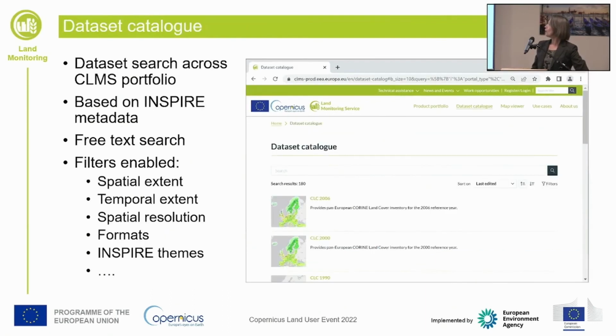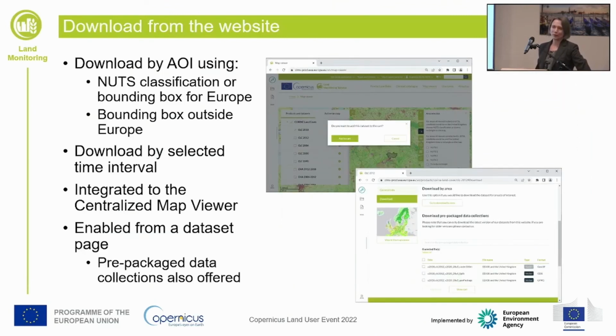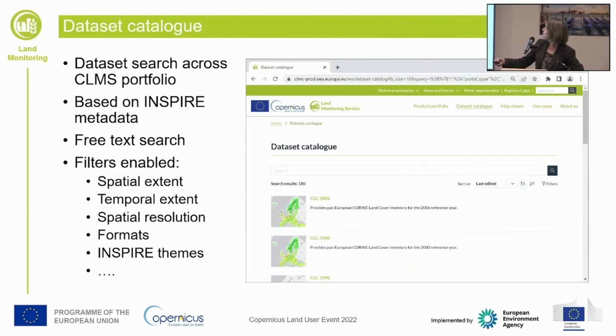Now, for users who are more confident, more used to using classical search functions, we will offer a dataset catalog, which is based on INSPIRE metadata of our products and which will allow us to search by combining free text search and various filters such as spatial resolution, spatial extent, temporal extent, formats, INSPIRE themes, and so on and so forth. The result of such search would be a dataset of interest or short list of datasets where users would be able to